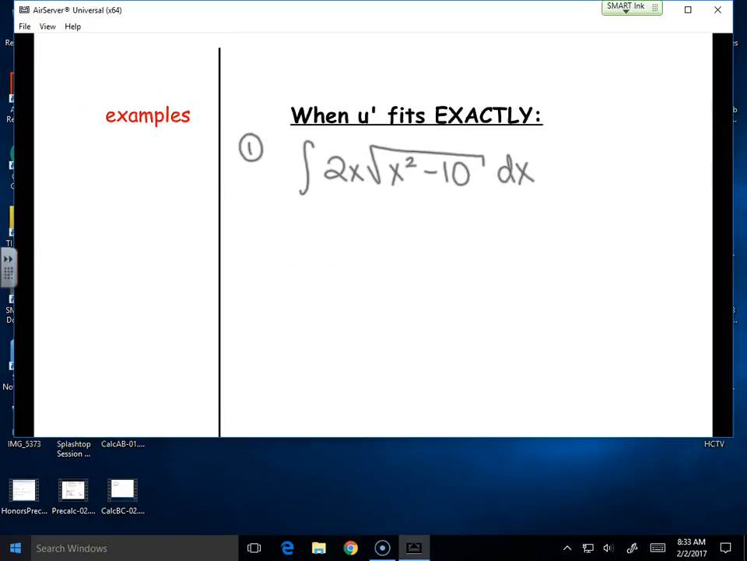The easiest type of u sub is when u prime fits exactly in. The easiest type of u sub is when u prime fits perfectly. And what do I mean by that? Well, let's see. Who is u? Now, who is u? X squared minus 10? Ryan, how'd you make that deduction? Because it's the inner function. It's the innermost. He's stuck inside a square root. So if u is equal to x squared minus 10,